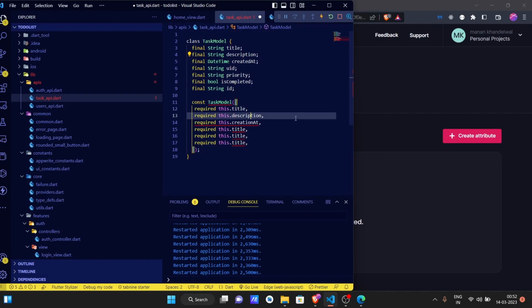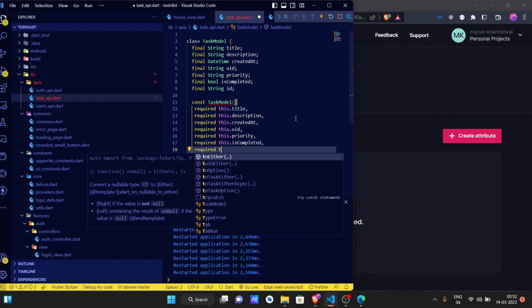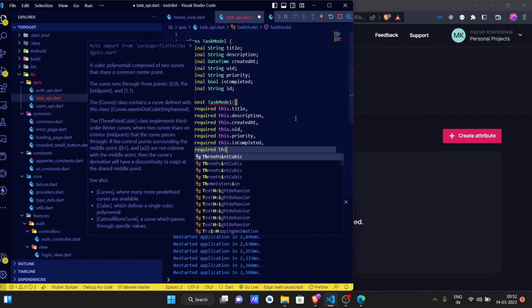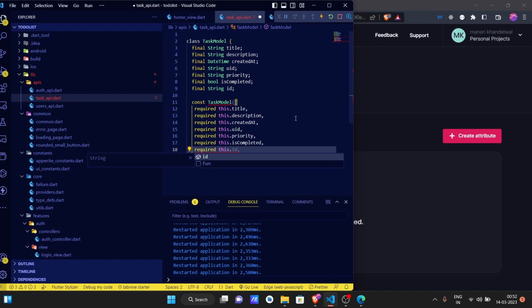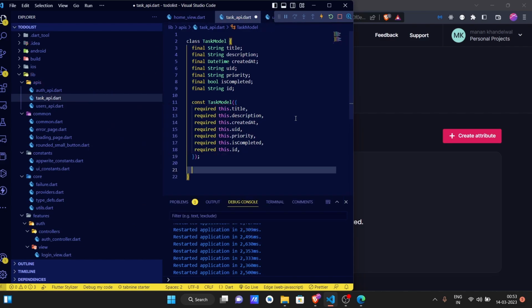Yeah, created at, UID, priority, and whether this task is completed or not. This is also going to have required this dot id. Yeah,